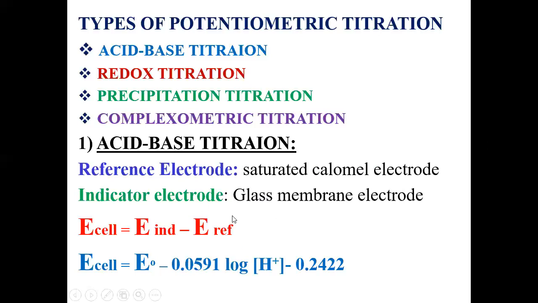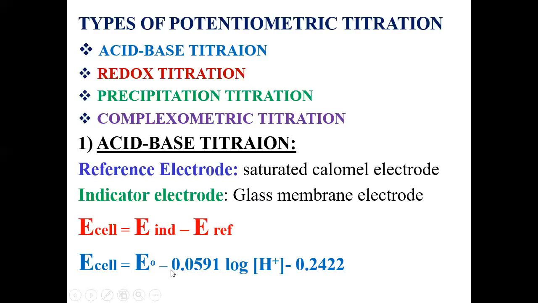So the potential of the cell is given by E indicator minus E reference. That is, E cell equals E indicator minus E reference. As you know, the electrode potential of the indicator electrode is given by E naught of the indicator